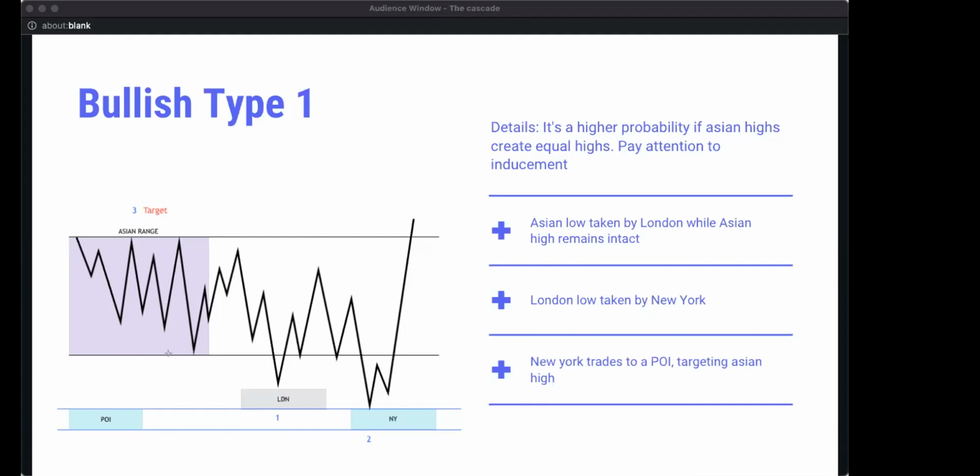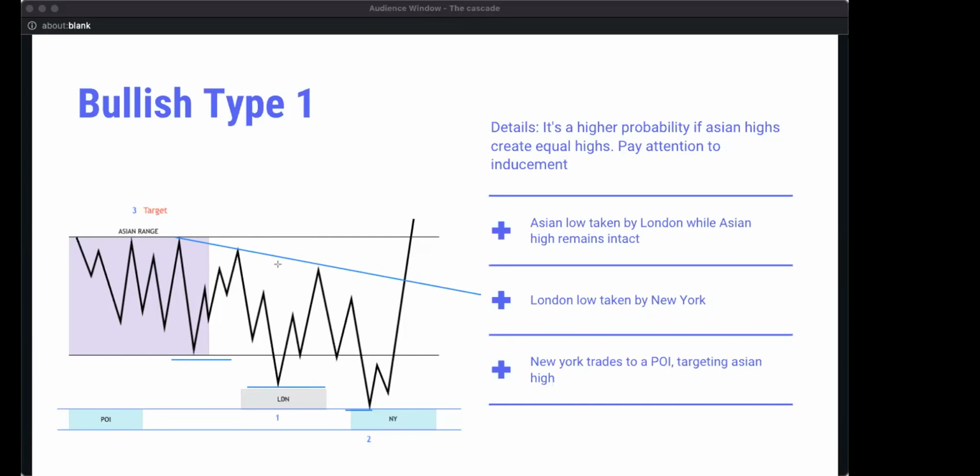Okay, so we have the low into New York, and we want to see some valid liquidity up here, like a trend. Now you can sell these trend lines, right? Trend lines work, you can sell them, but you have to have the